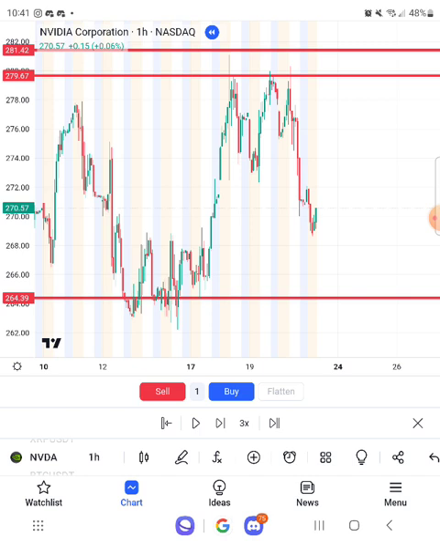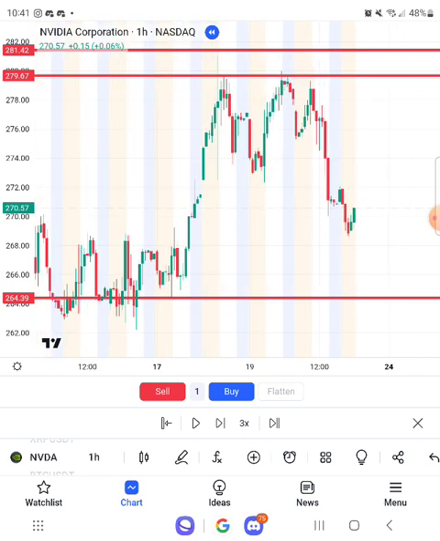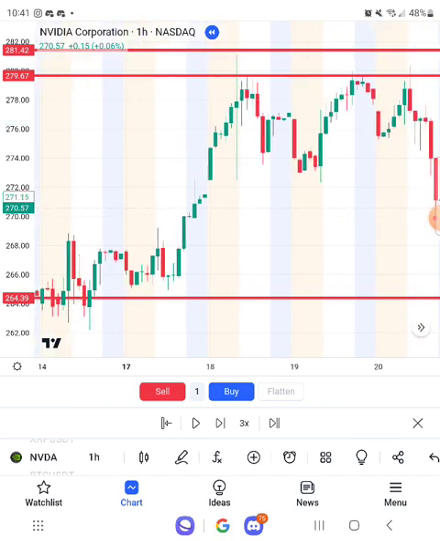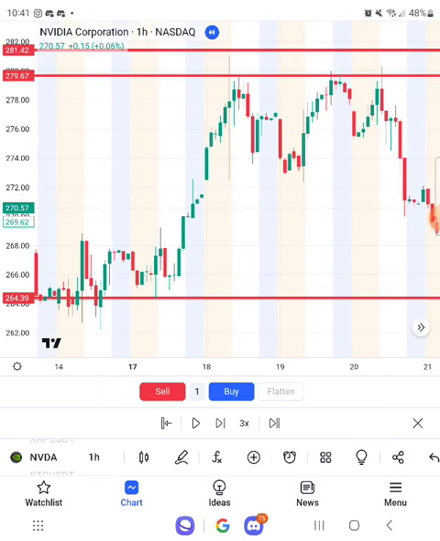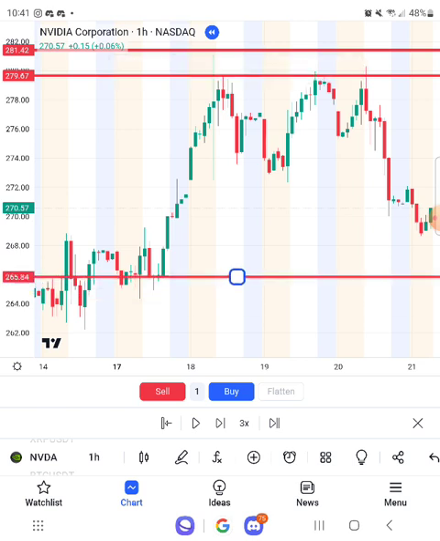Now you also want to look at the downsides and see where the market is likely to rebound. So on the downtrend, I'm looking for what is called an order block. An order block is really what creates the impulse to the upside. The rule is, for an impulse move to the upside, the candle before indicates demand. So I'm going to mark that. The whole candle is going to tell me where the demand is. And I'm going to leave it here.